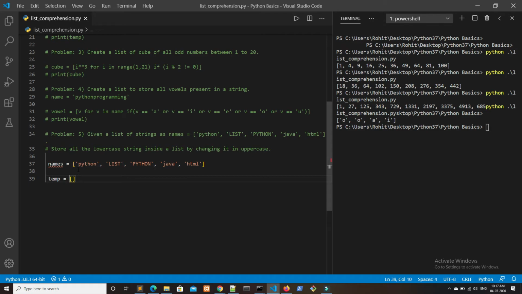So let the string be p, and we have to change it to uppercase. To change it to uppercase, we have to write dot upper. It will change the string to uppercase, and this p is coming from the list name. So we have to apply a for loop here, for p in name.